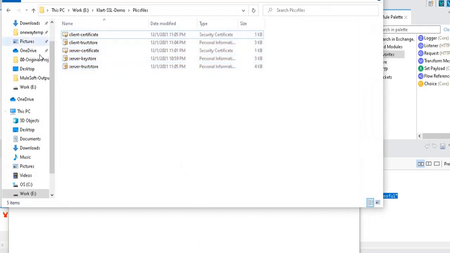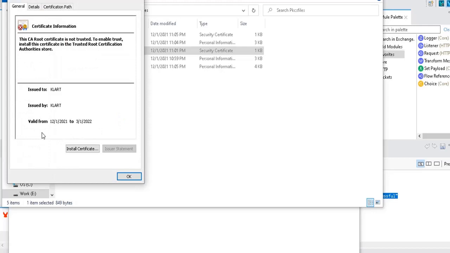In that case, what you have to do is just come here, to the certificate which we have generated. We have generated a server certificate, right? So double click on this certificate. It will show you the option to install this certificate into your browser or your local system. The validity is also shown, 12/1/2021 to 3/1/2022. You can just ignore this for your self-signed certificate, but for a real-time certificate, the valid time matters, right?